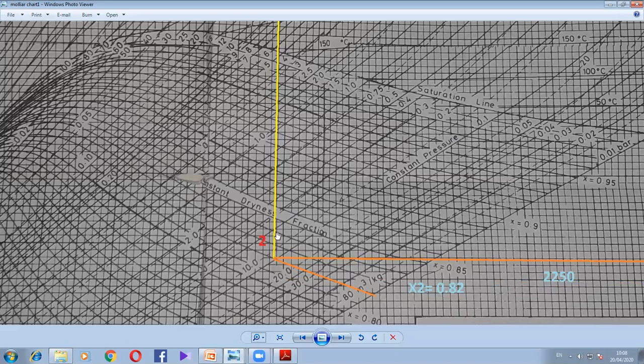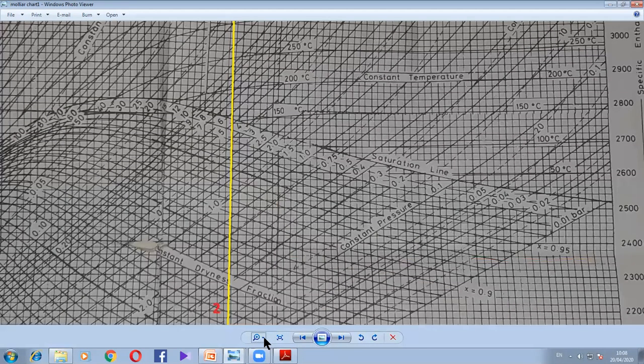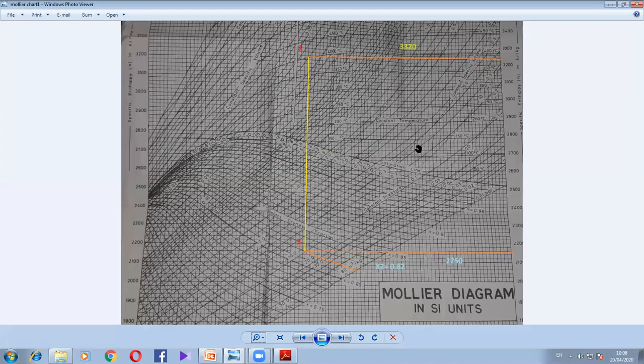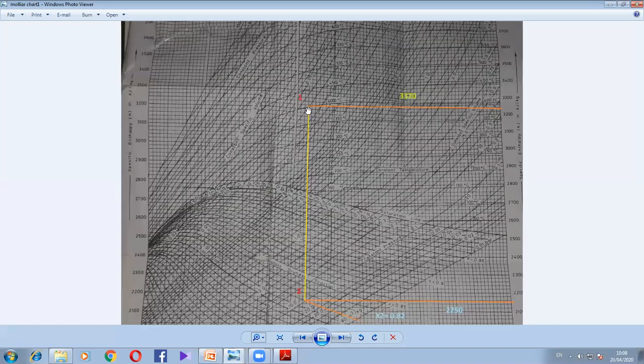You need to draw a straight line till the 0.1 bar pressure line. You can see this is the 0.1 bar pressure line, and you need to note the value. Okay, so when we note the value over here, we will be getting a rounded-off value. We will not be getting the exact value. See here, H1, when I read on the chart,